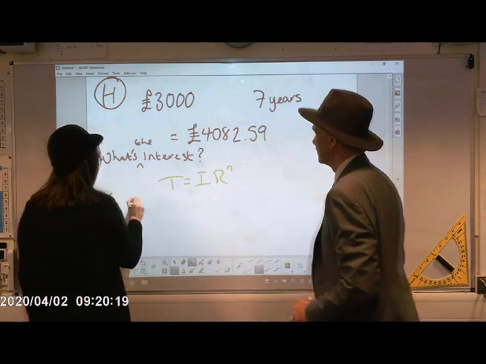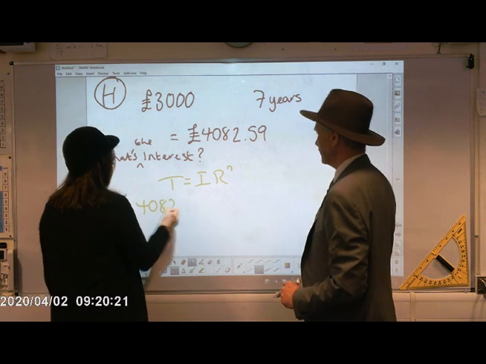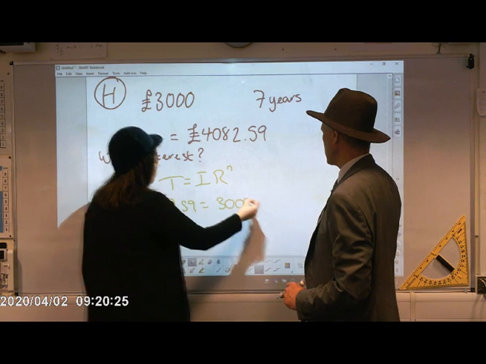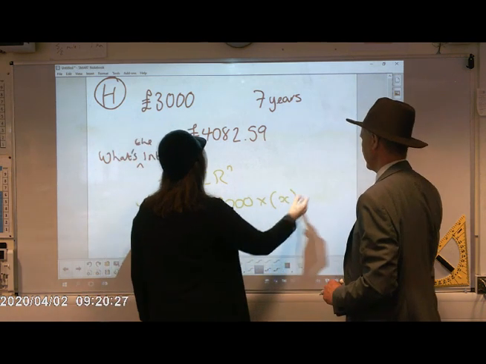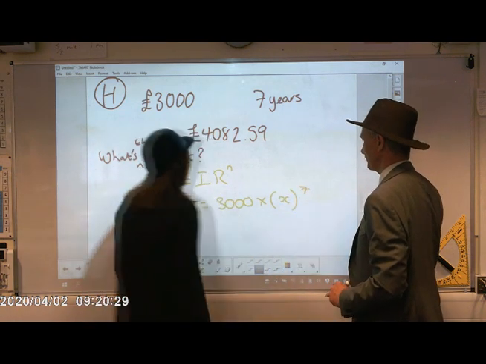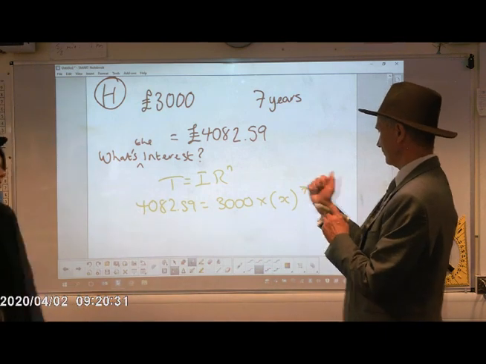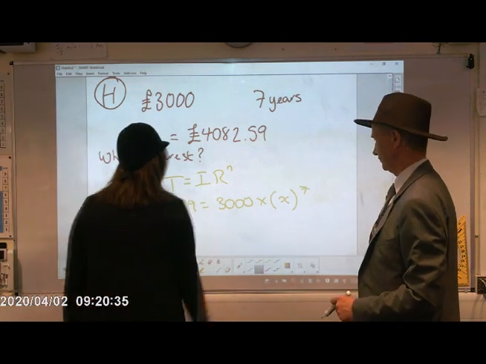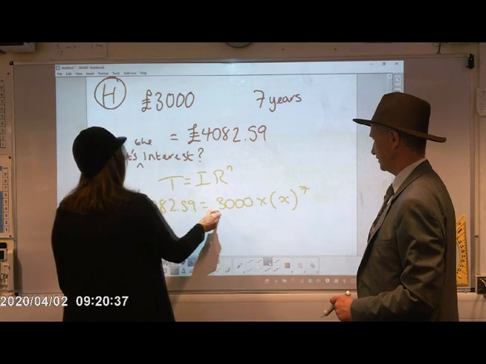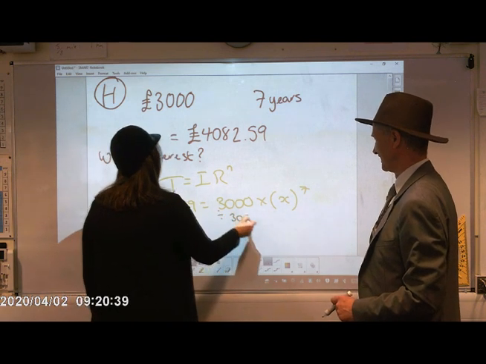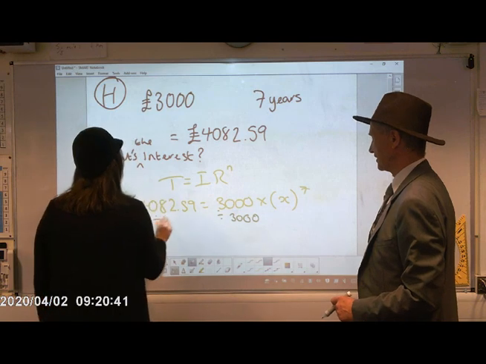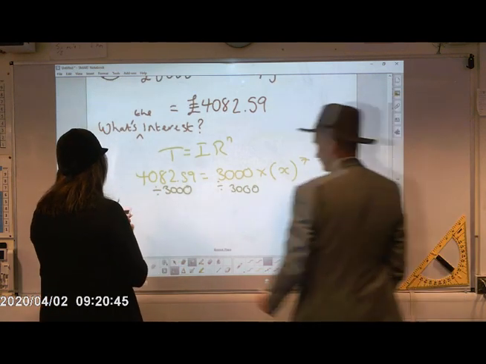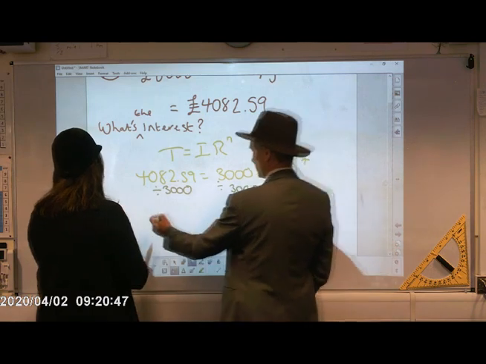Beautiful. Okay. We've got our total, 4082.59. We've got our initial 3,000. We do not have our interest. And we do have our 7, number of years. Now, we're going to have to solve this, and we're going to do it by using the balancing method or opposite operations, whatever is your jazz. So I'm going to first of all divide both sides by 3,000. Answer divided by 3,000 gives me